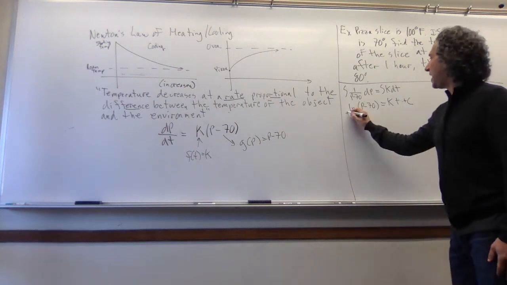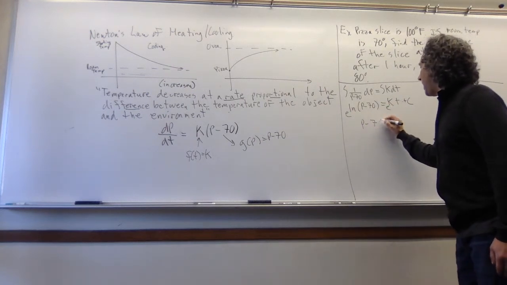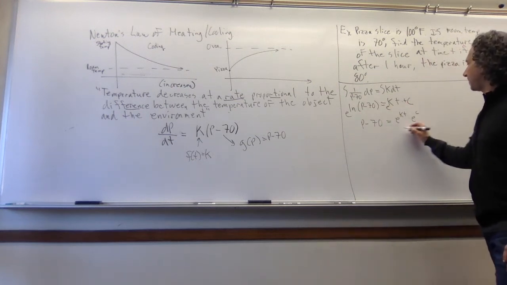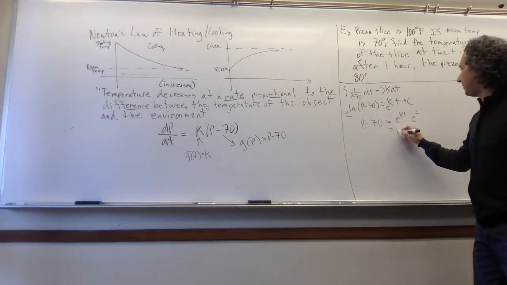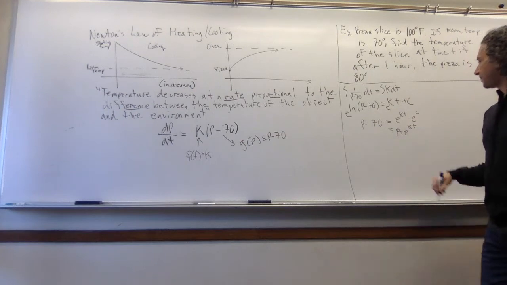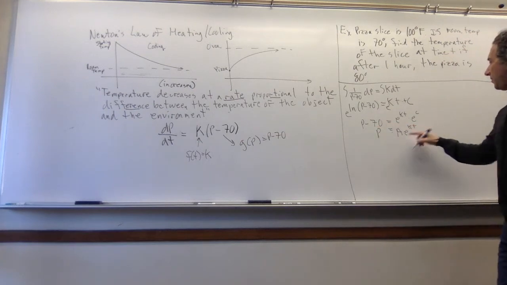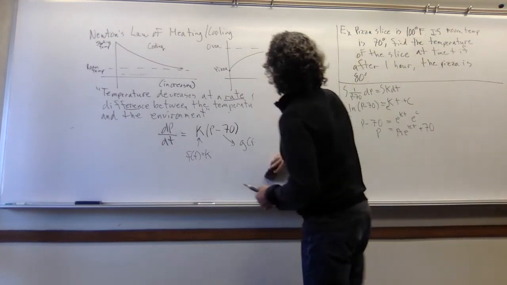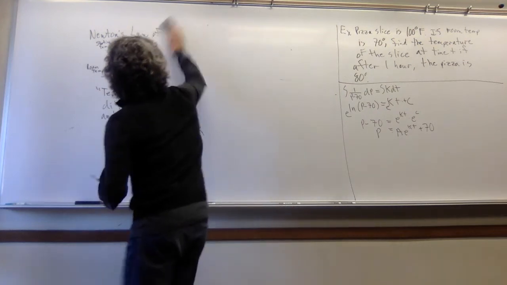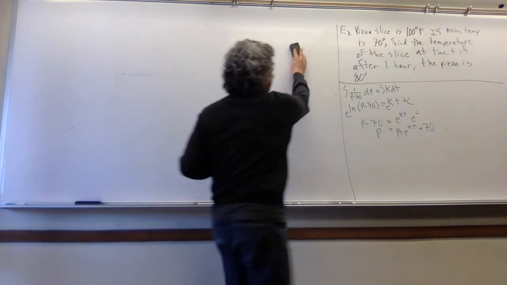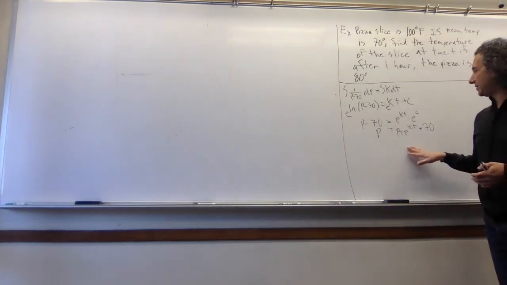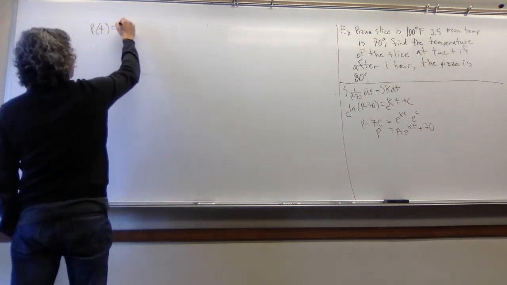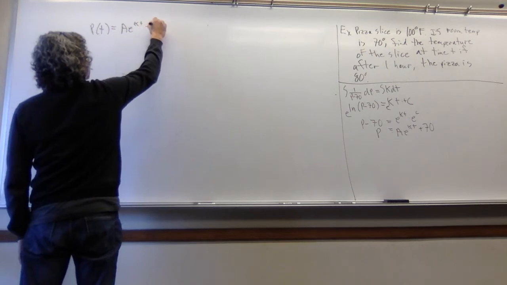All right, let's exponentiate both sides. You guys should be pros at this by now. We get P minus 70 equals e to the kt times e to the c. Or, again, e to the c is just a constant. So we get a e to the kt, and then p is going to equal this guy plus 70. Well, this problem is different than ones we've seen before because it looks like I have two different constants here. Let me rewrite this up here. So we have p, or I can write it as p of t to be a little bit more expressive, equals a e to the kt plus 70.